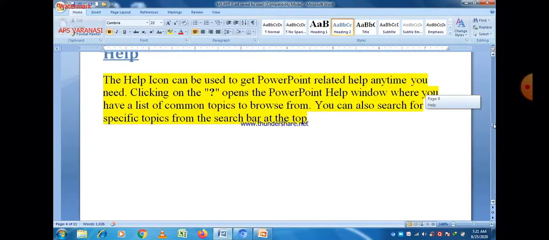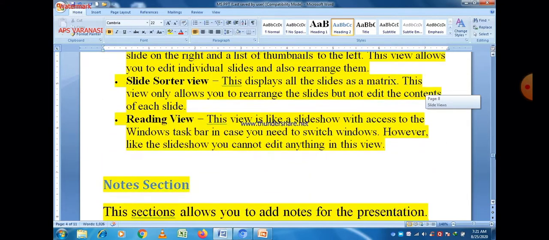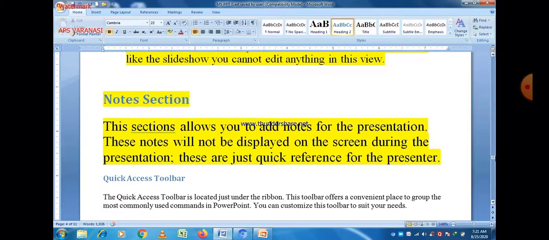Next is the quick access toolbar. The quick access toolbar is located just under the ribbon, and this toolbar offers a convenient place to group the most commonly used commands in PowerPoint, and you can customize this toolbar to suit your needs.